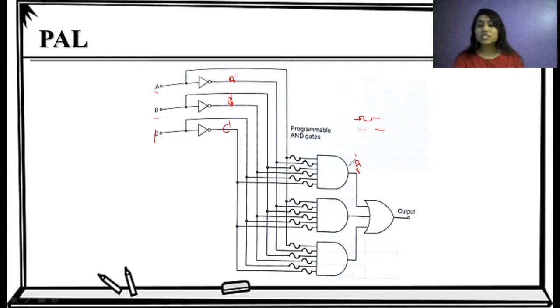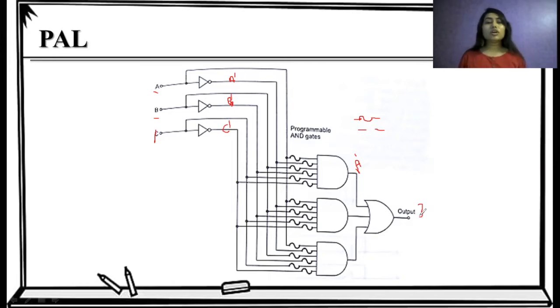But the outputs of the AND gates are given to the OR gate, and this is fixed. All the AND gates are given to this OR gate. So we have a fixed OR gate, and at the end we have an output in SOP form. This is known as programmable array logic.